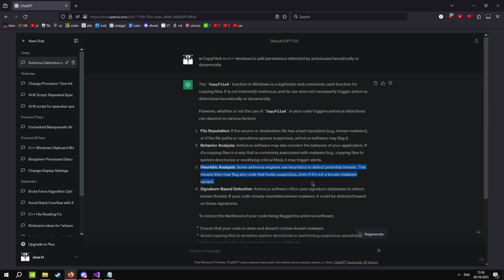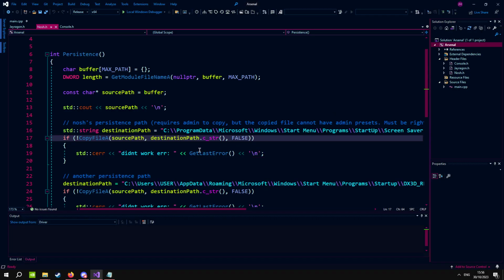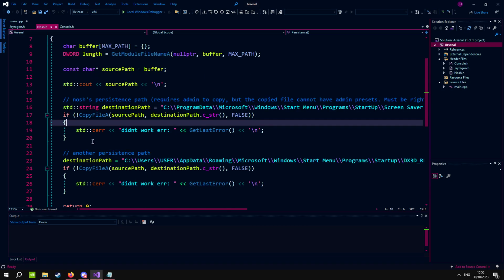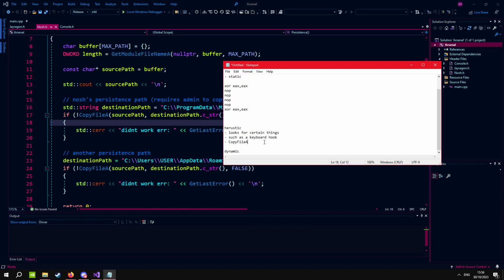That looks suspicious. Yeah, this would look pretty suspicious. So this would be heuristic and dynamic. So copy file A from itself to a startup directory, and dynamic, which is the more fun one, I'd say, is